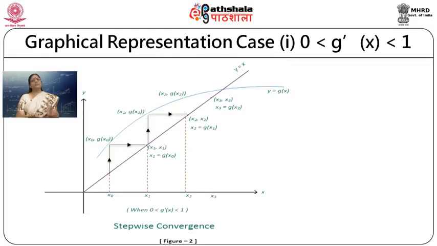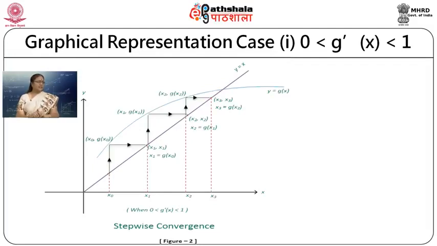So, basically to get the next iteration, the steps are: we move vertically to the curve and horizontally to the straight line, vertically to the curve, horizontally to the straight line. Next iteration, vertically to the curve and then horizontally to the straight line, and you can very well see that we are moving, and we have reached very near the point of intersection. So, this is how we are reaching the root, and this form of convergence is known as